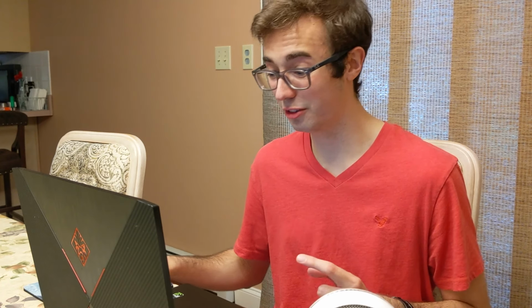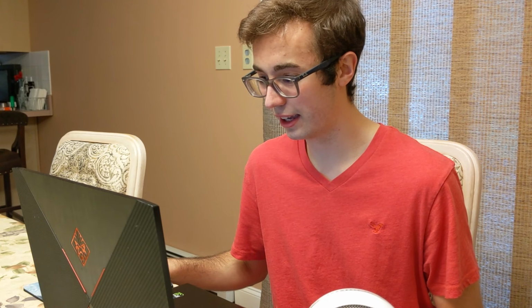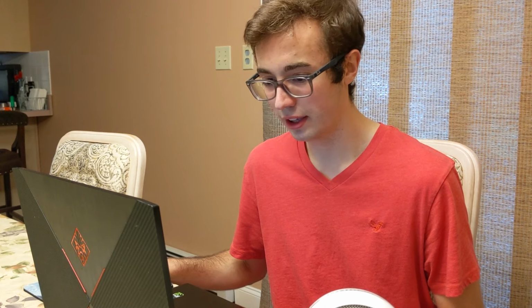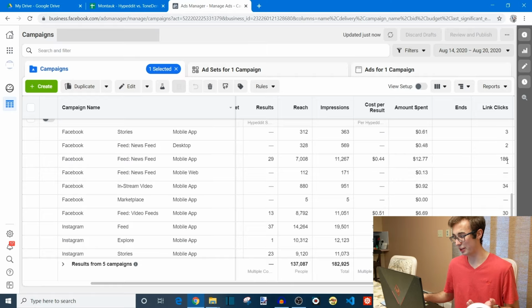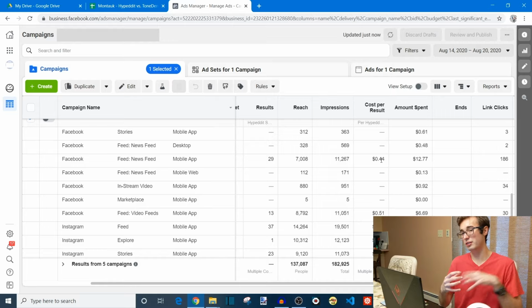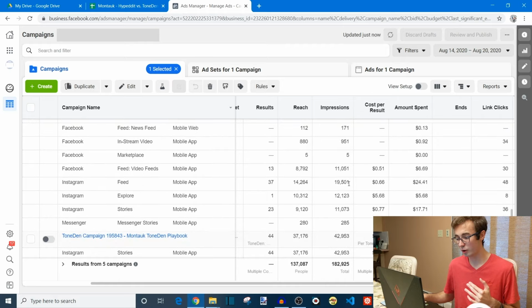Now, I'm going to stop you in your tracks right there. That doesn't mean don't run ads on newsfeed, right? Because it happens that, this one's kind of not a great example, but if we look here, newsfeed was actually my cheapest placement, even though it still had a pretty abysmal click-through rate. What that tells me is that impressions on newsfeed are really cheap. So even though the click-through rate is bad, it's good at generating enough link clicks that eventually enough people do get through and convert, balanced with the low cost, so you still get a really cheap cost per result on that placement. And it kind of balances out versus Stories, which has a great click-through rate, but